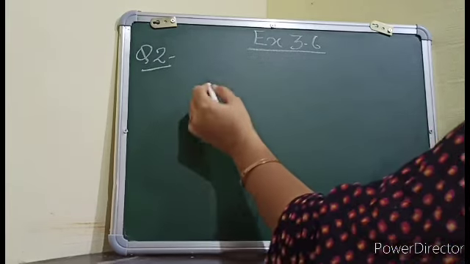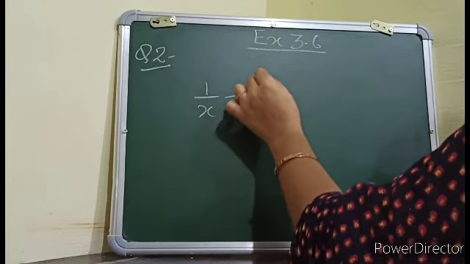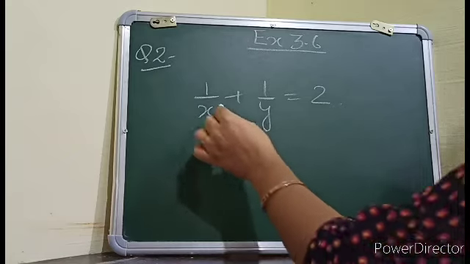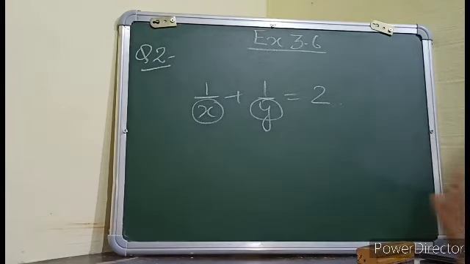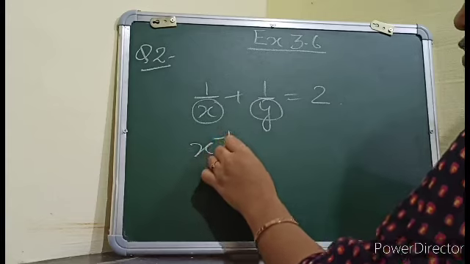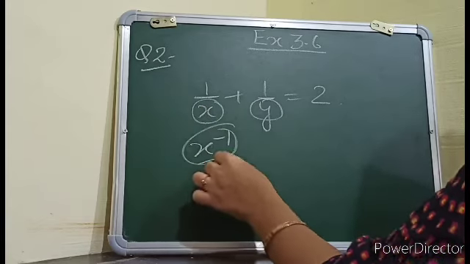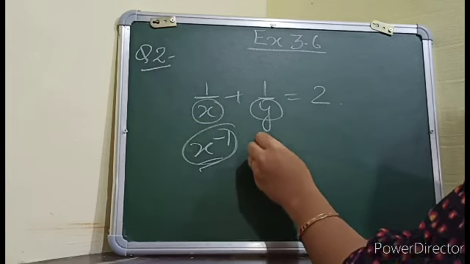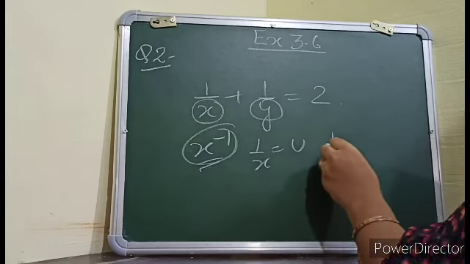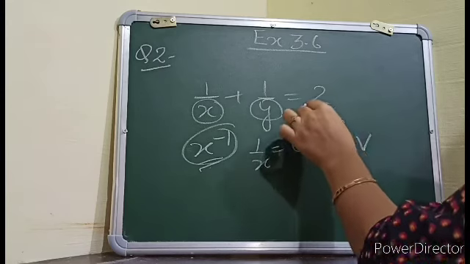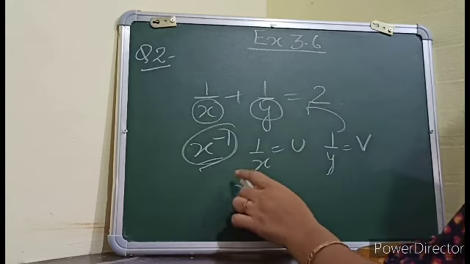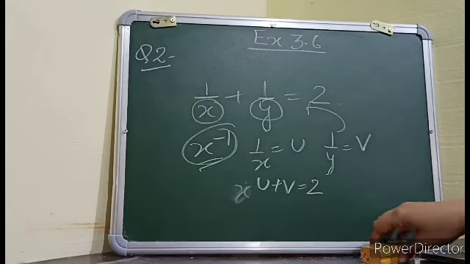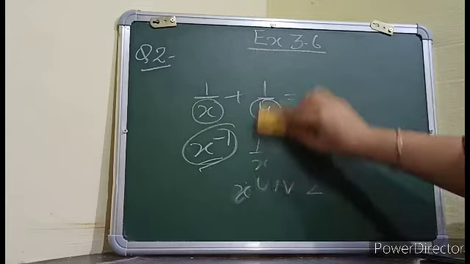For example, in the first question that we have done, it's like 1 upon x plus 1 upon y is equal to 2. Like these type of questions were there. We can easily see that these are not linear equations because the power of x is minus 1. But we can reduce these equations into linear equations by taking 1 upon x as u and 1 upon y as v. And then we reduce this equation as u plus v is equal to 2. And then we have solved. There are two equations, a pair of linear equations, we have solved in the last session.